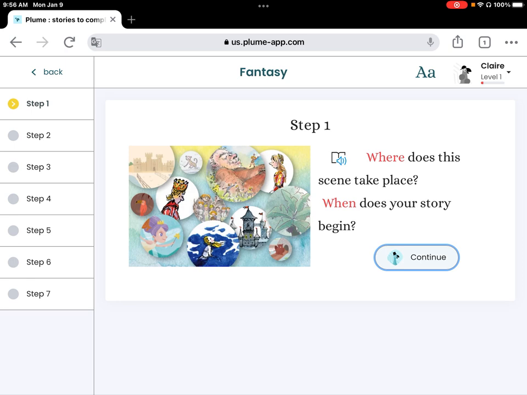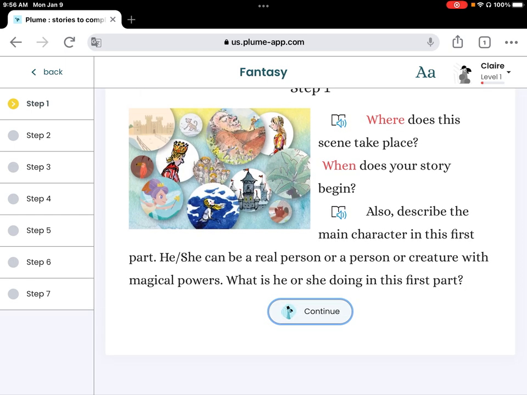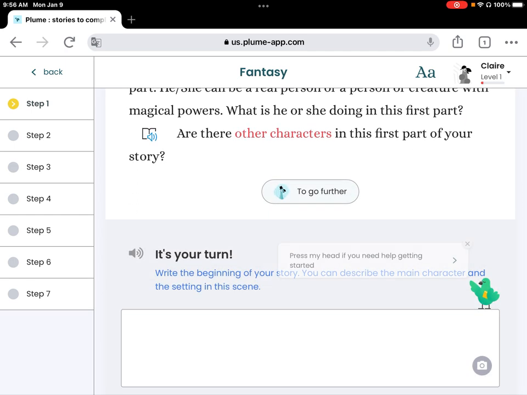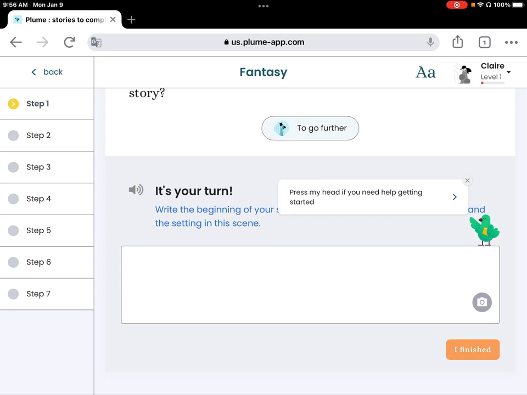The directions are given at their own pace, so they click Continue when they are ready to move forward. Then the students will begin writing. At each stage, the students will be given the opportunity or the scaffolding to consult vocabulary aids and sentence starters to engage in their writing, and at the end of each chapter or stage, the student moves on by clicking on